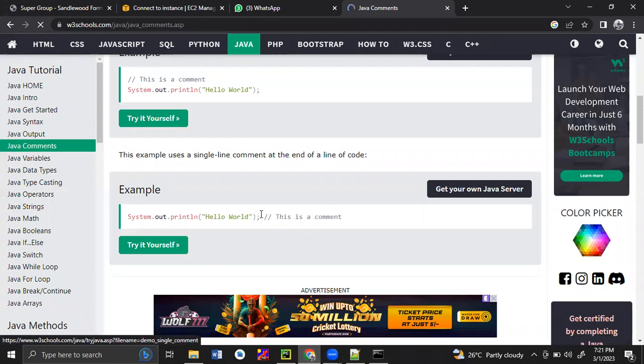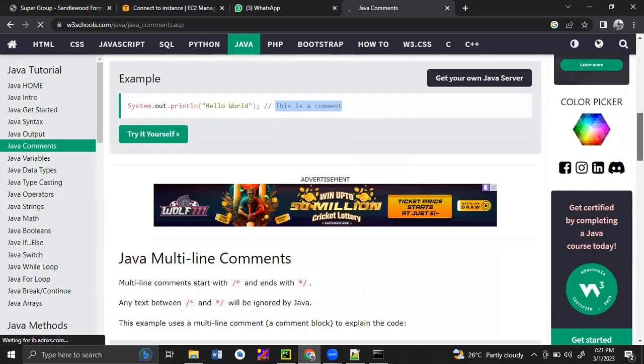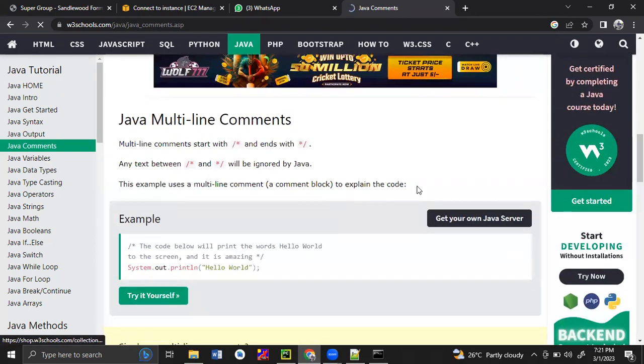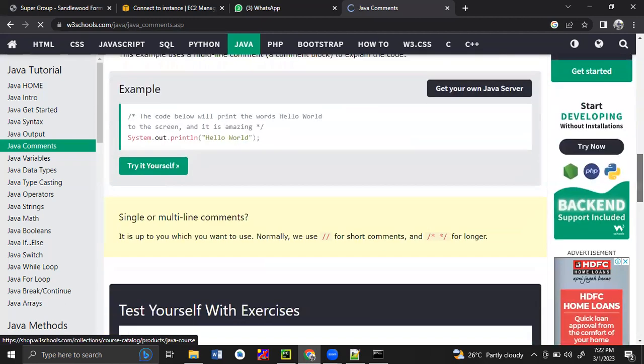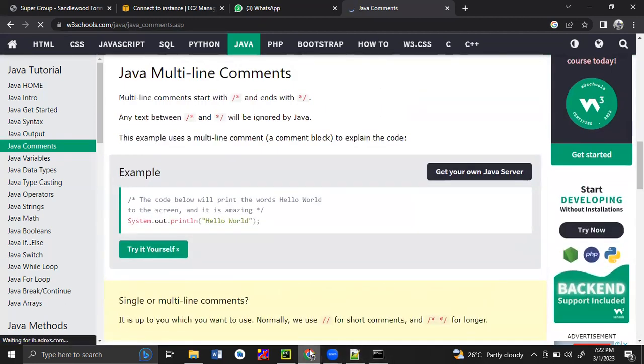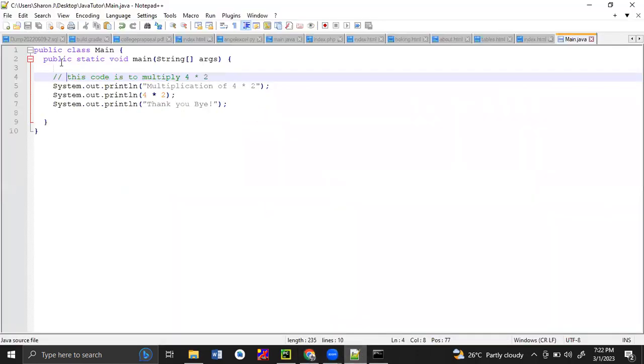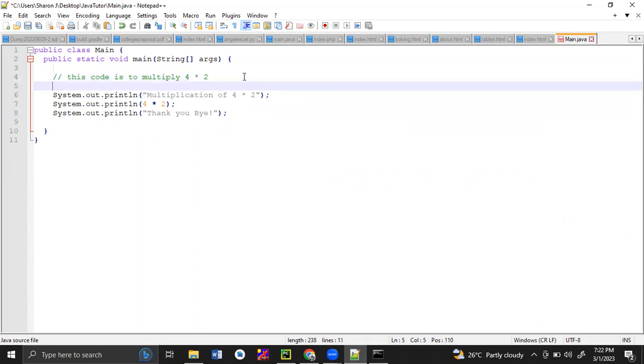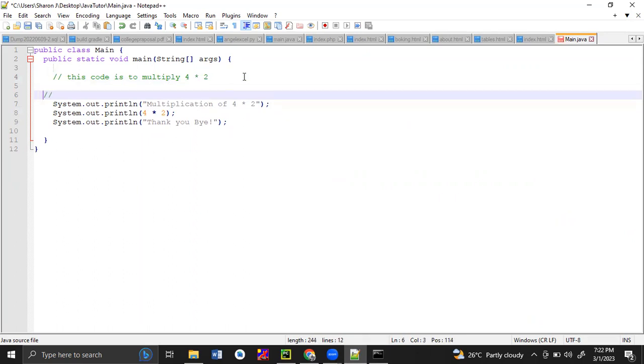For this, we call it a single line comment. To use the single line comment, we should use // and after this // we can write whatever comments we want. And also there are multiple line comments. Multiple line comments means, for example, if I want to give a complete description about this class, this complete code, in one line I am not able to write a complete statement. It will take at least 4 to 5 lines. So at that time what do we have to do? In every line, instead of using // in every line like this,